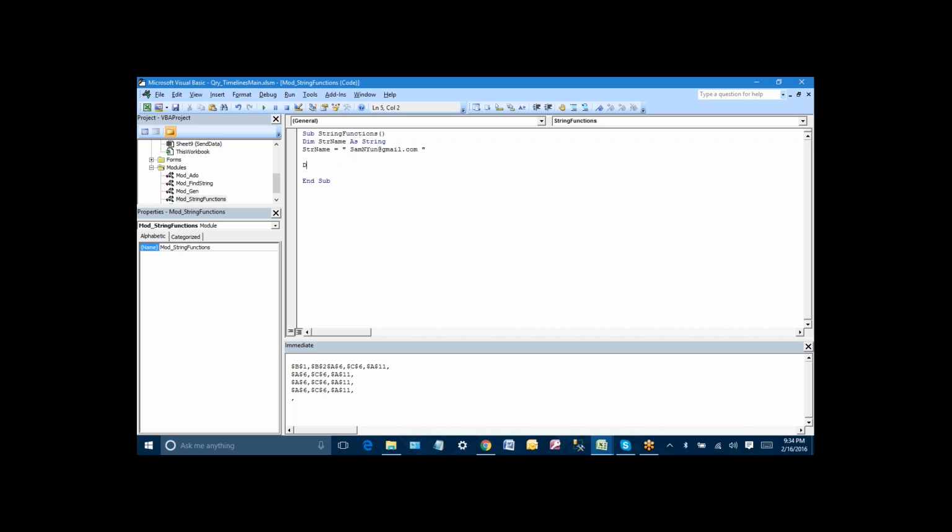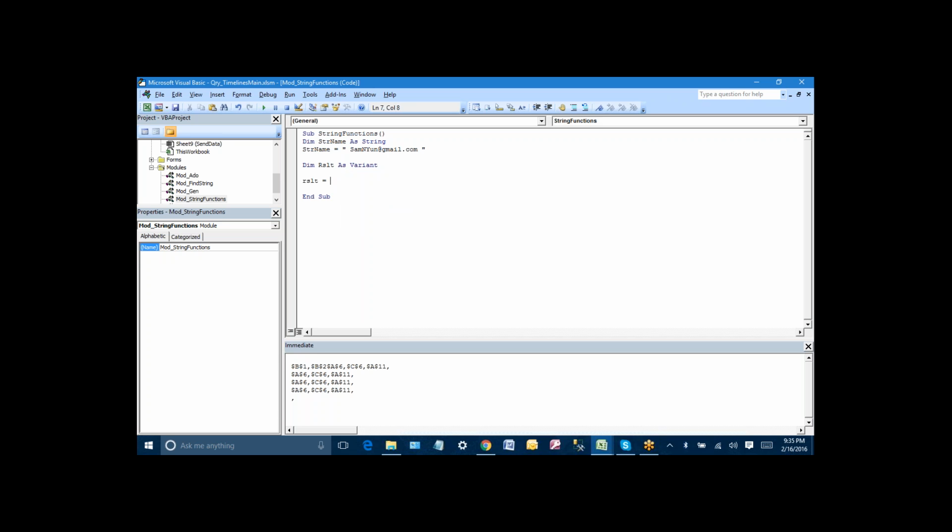I need one more variable for the result. This time we'll take variant, because variant can hold even arrays. Now we'll set the result